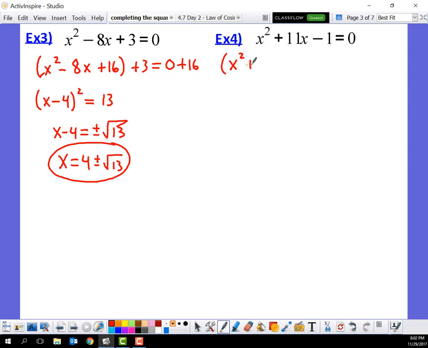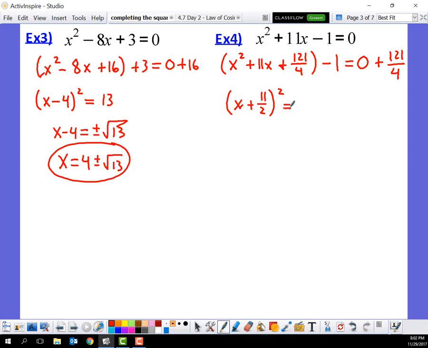So we get x squared plus 11x. Now this one is a little bit more tricky again because 11 is an odd number. So you take b divided by 2, which is 11 over 2, and then you square that. So it's going to be 121 over 4, if you square that correctly. Don't forget about the minus 1 that was already there. And then also don't forget to balance your equation by adding 121 over 4 to the other side. Okay? So then if we factor this correctly, it'll be (x plus 11 over 2), the quantity squared,